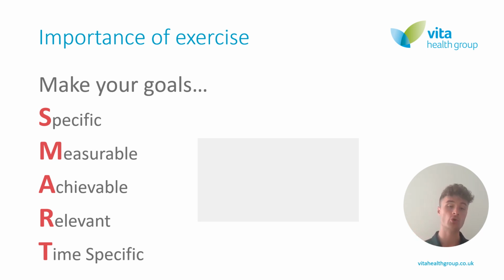You want to read through your goal and think, is it specific? Yes, great. How am I going to measure it? You're going to measure it by counting the steps or counting minutes in terms of walking. Is it achievable? You should always say yes to that. Relevant, obviously relevant, and how it's going to benefit you. And then time specific. Don't say you're going to achieve a goal in 2 weeks if you're not going to do that. Try to set it and make it realistic so it holds you accountable.